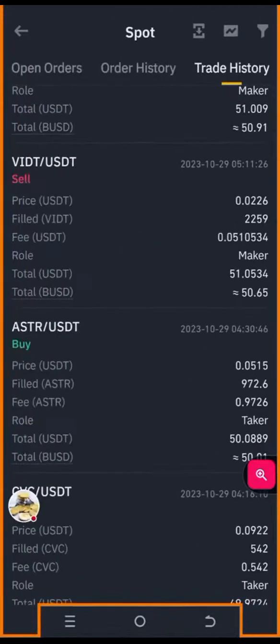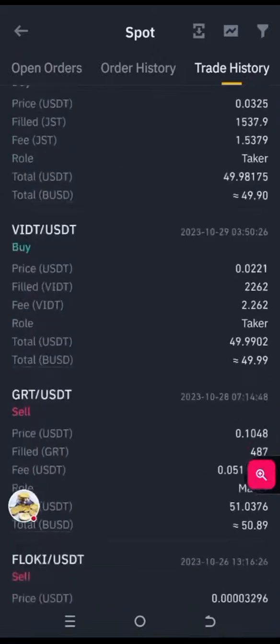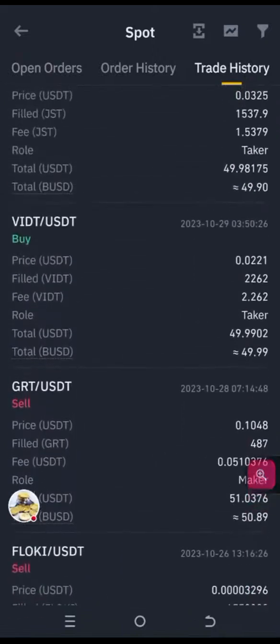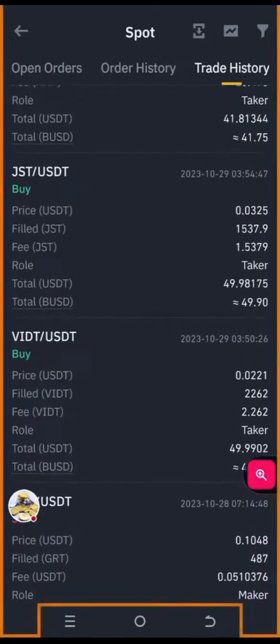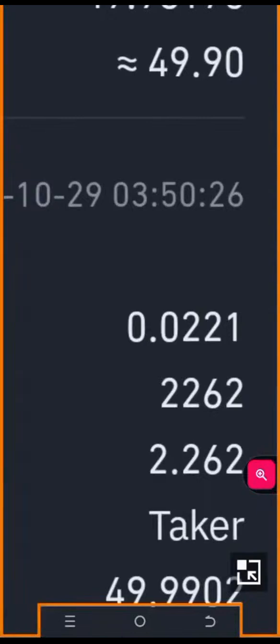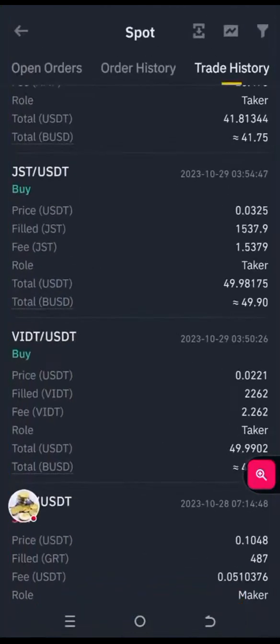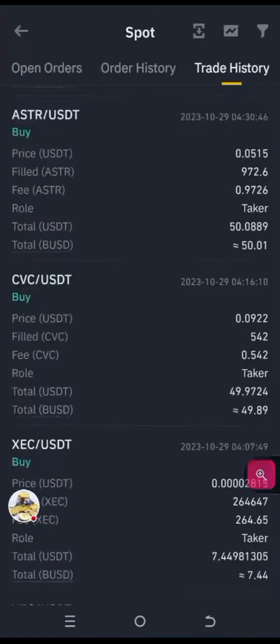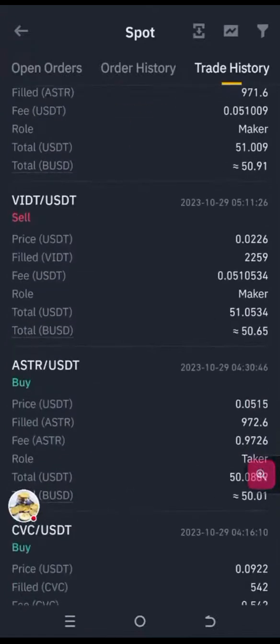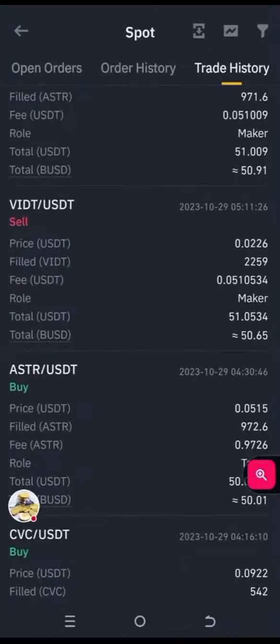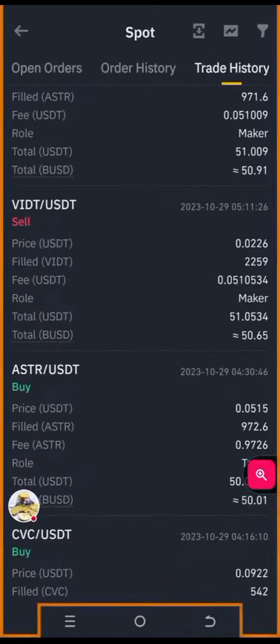Yes, that's how much you put. Let me go and check so that I can show you and be very sure. Look at it here. We bought it here at 221. That's the price we bought it at. And in terms of executing, we were able to execute it at 0.0226, and that gave us a profit of